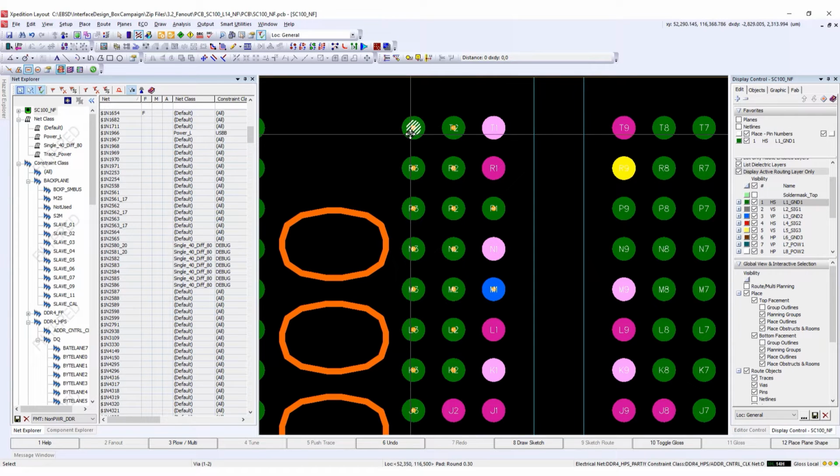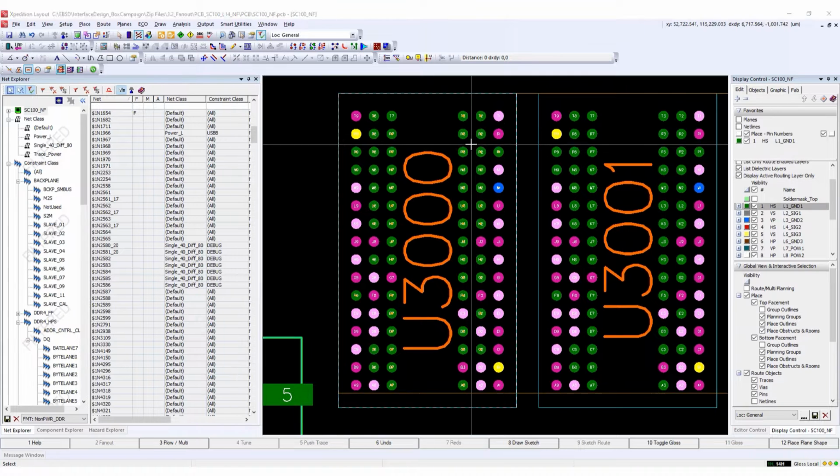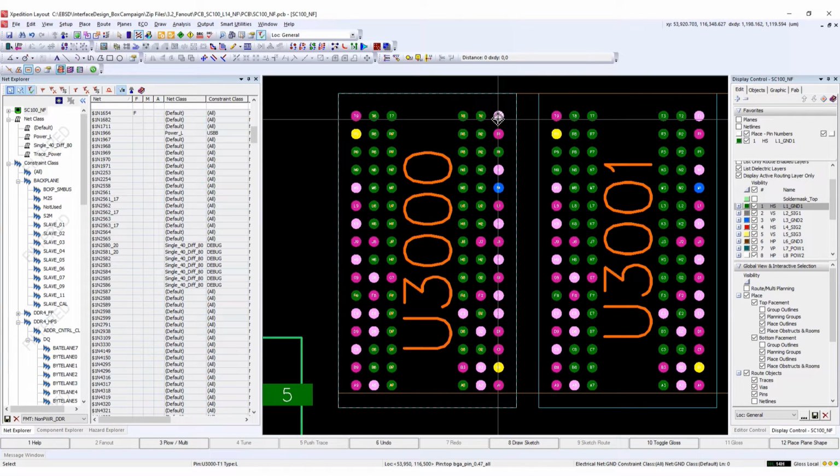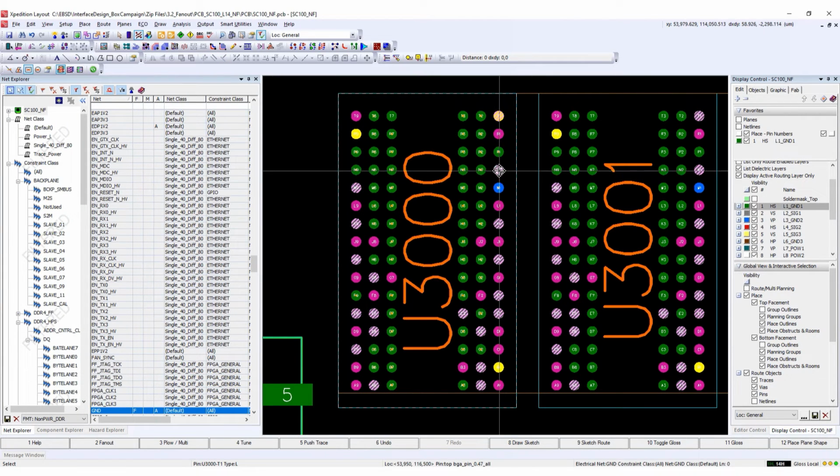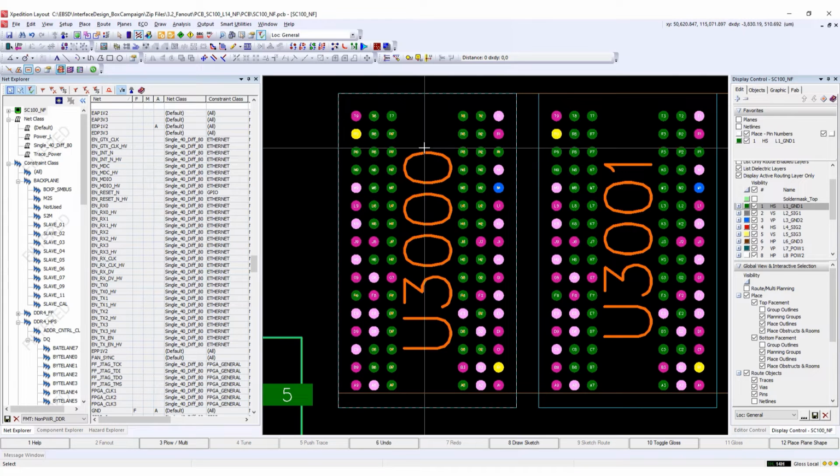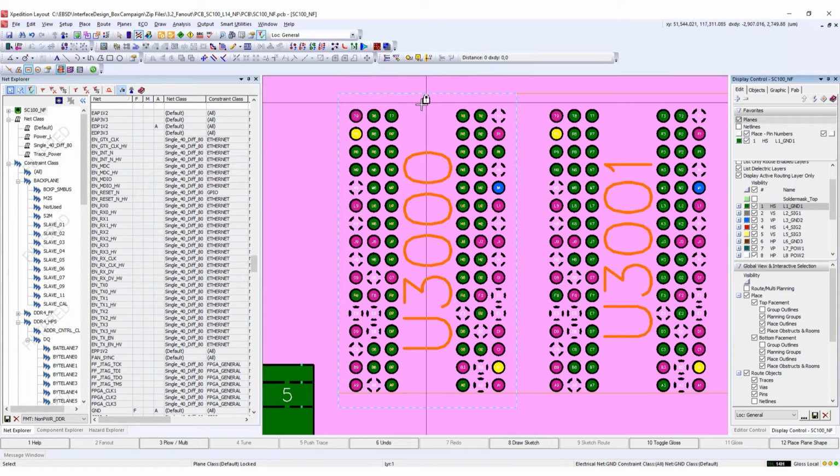And we can see for all of the green pads, the signal pins, that a VIA and pad has been placed. The light pink pins here are the ground pins. Notice that the ground pins were not fanned out during the area select fan out command. The reason for this is that they are already connected to a ground plane on the top layer. So turning on the planes visibility, we can see here this pink ground plane on the top layer, and it's already connected to all of the ground pins.